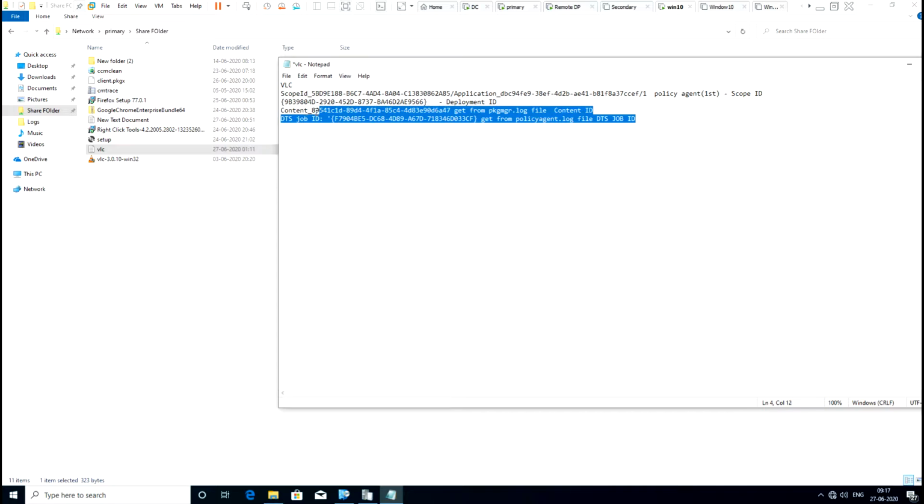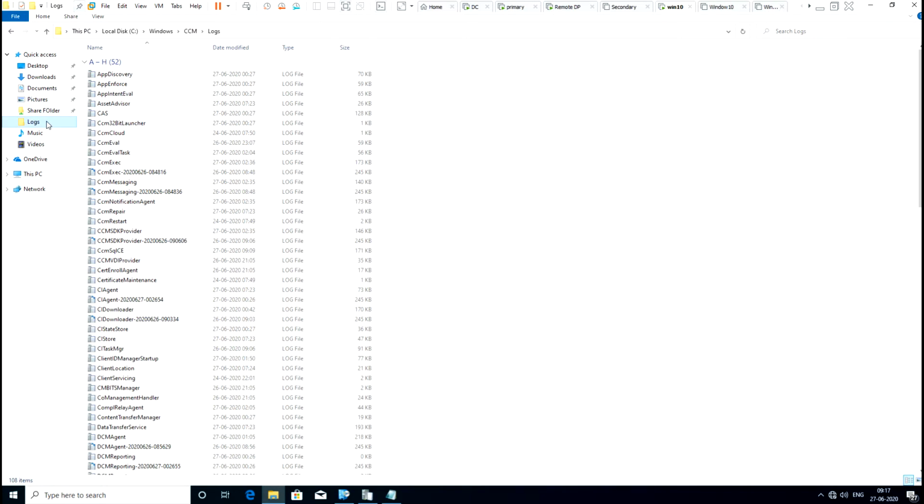If you have all of these, you can easily check the log files and find out the issue. So after confirming that the system is getting the deployment policy and the policy has been triggered and downloaded,